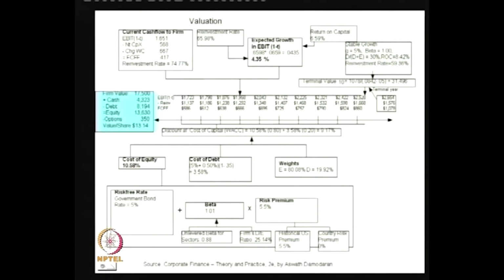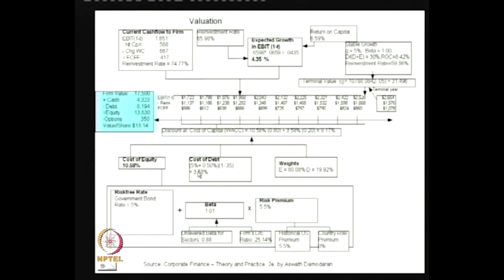So, this entire value that you got, that is 13,630 crore, is not the value of the equity holders at present. It includes certain claims of the option holders, which is found out by having a particular option valuation model. So, ultimately we take out that, and whatever value has been found out, then you divide by the number of shares. So, the value per share now comes to $13.14 as per this particular case, and you can look at here the discounting factor that has been used.